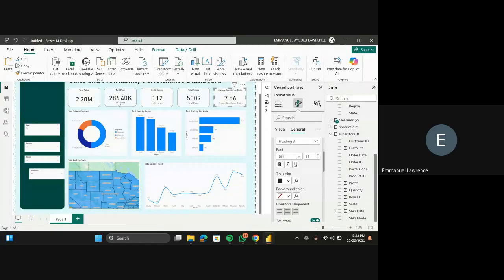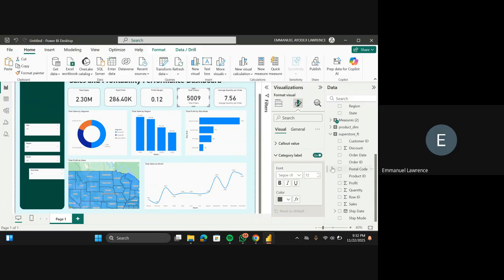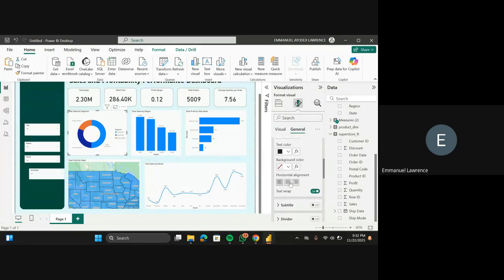So now, since I have this, I have to remove the call out value, obviously, because I can't be having two titles in my dashboard. I can't be having two titles in my KPI rather. Okay. Also remove this as well. Remove this. Yeah. So my titles here also have to be formatted to be at the center. Can't be here. It has to be at the center. Center. As well as this center and this center.